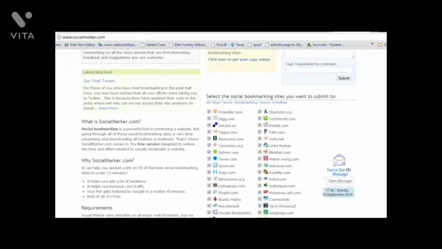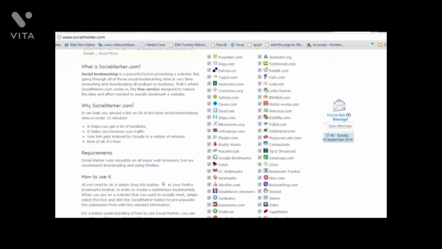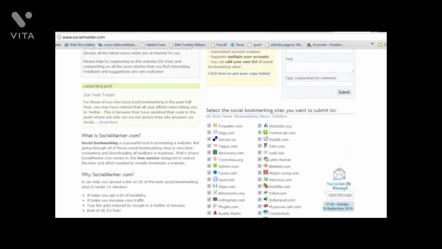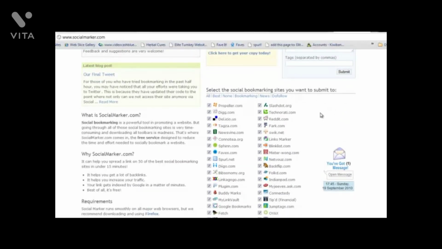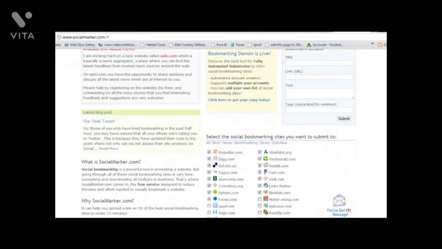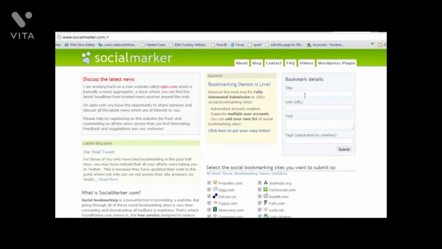And if you scroll down here, you can see all the different social bookmarking sites you can submit your videos and content to. You can select which type of sites you want. I'm just going to select best, so pick the best, and up here you just want to put in your title, so muscle building nutrition, and